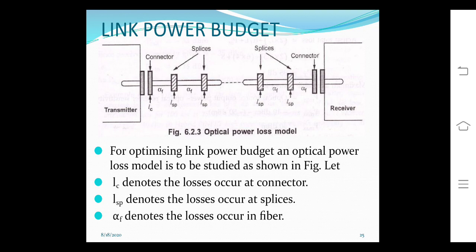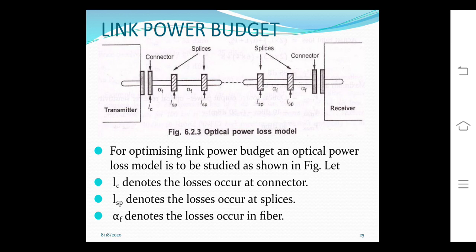Though fibers are manufactured in longer lengths, they cannot be manufactured for very long distances; up to 1 lakh kilometer you can't make a fiber. So if there is any problem with the optical fiber, such as a breakage, you will have loss of signal.